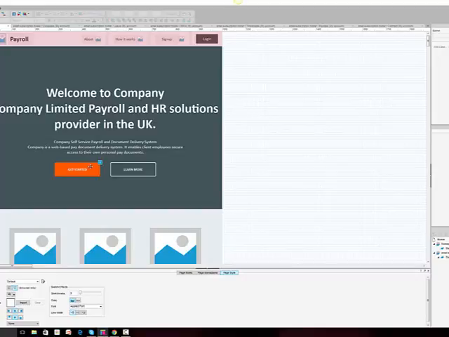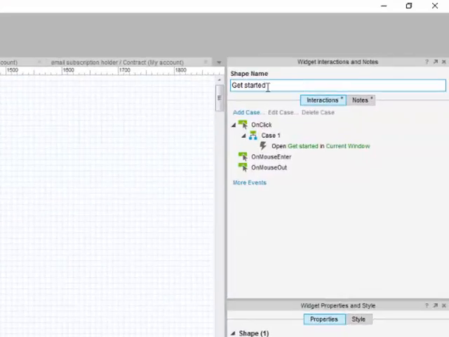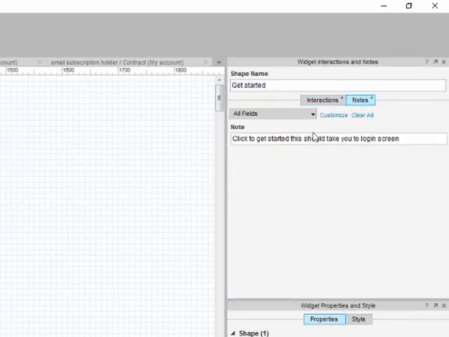What we've done here, we've added some interactive notes as well. So if you look here, we've had the shape name, we've had some interaction, and we've also had some notes as well. So that if we want to present this prototype or wireframe to our stakeholders, they can go through it and read these notes that we've included, so as to know how the system will